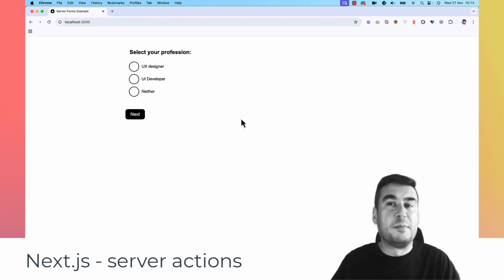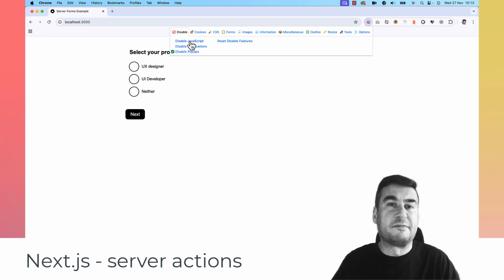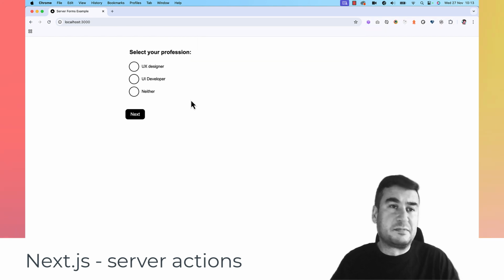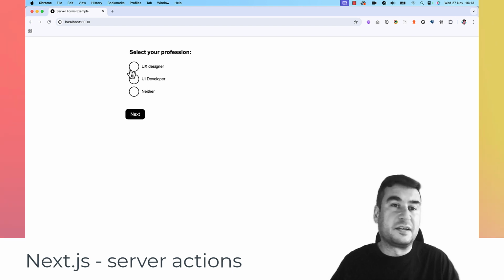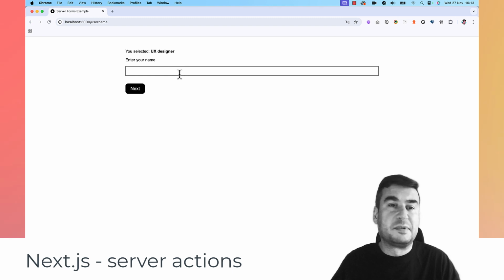If I just go back to home, I'm going to show you something that's really quite important about server actions. What I'm going to do is disable JavaScript. Now that JavaScript is disabled within this application, you would expect things to start to fail, it being a JavaScript application. But because we're using server components, everything still works. If I click, say, UX designer, click Next, and enter my name, the